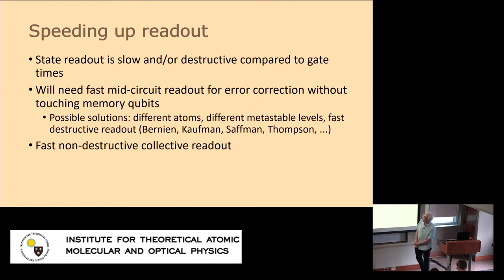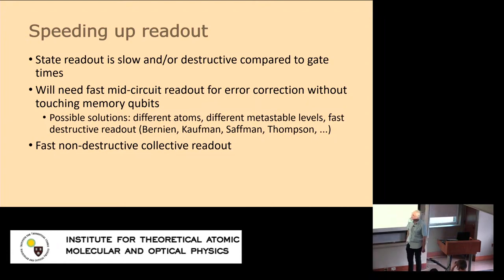So for speeding up readout, as we know and as we have seen, in most cases, state readout is either slow or destructive or both. The best results in terms of speed, I think, were the results on the 20 microsecond readout on the blue transition in terbium, which is a beautiful result, but that was a destructive readout. And then the non-destructive readout typically takes milliseconds to many milliseconds, which is not favorable for any mid-circuit feedback loops. It's maybe tolerable, but certainly not great, because it will be one of the components setting the overall cycle time of quantum computers.